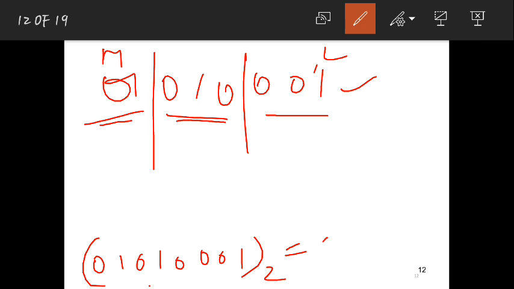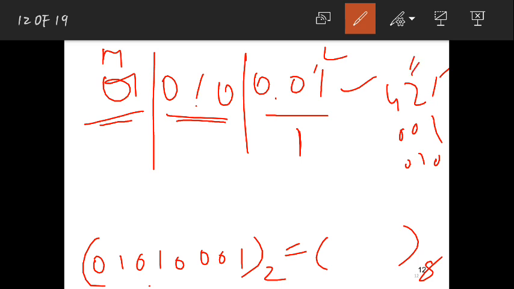I need to convert that into octal. I'll just convert it now. We need to take 3 bits. First I have 3 bits, 0 0 1. With weights 1, 2, 4, 0 0 1 is the number 1 in octal. Next, 0 1 0 means 2, since the 1 is in the place of 2. So this is for 2.